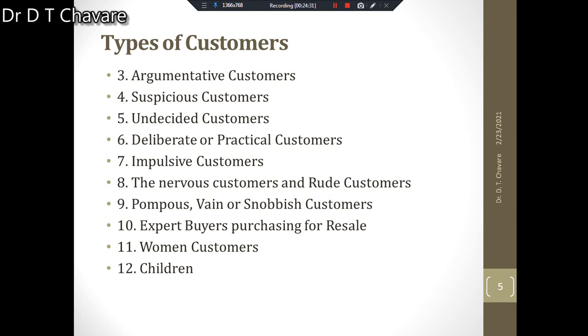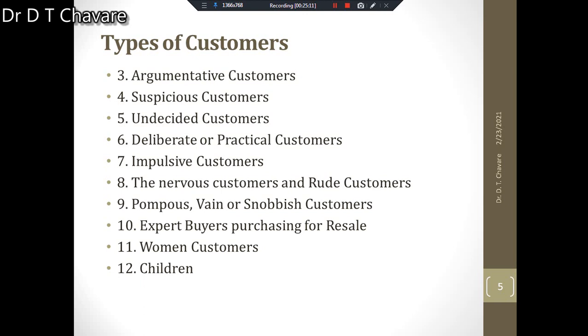The salesman should assist and help them in their product search, and should not shower other unwanted products on them. He should convince them how this offer is economical, taking into account the product benefits, and should offer them some special concessions as a personal favor. Such type of customer is identified as deliberate or practical customers.